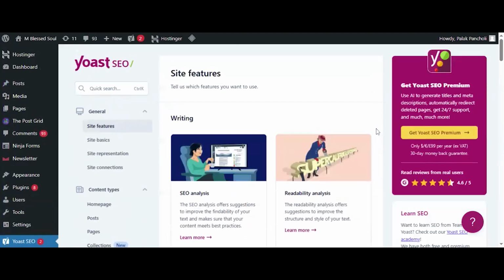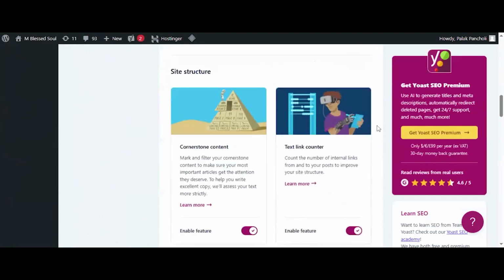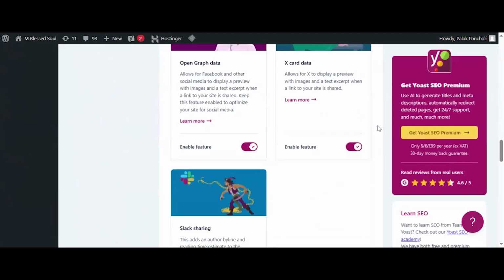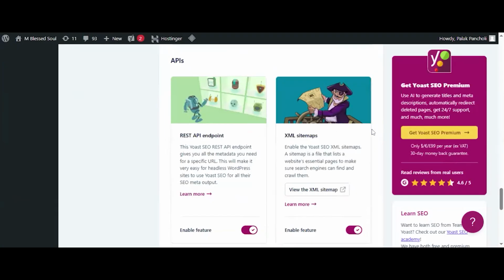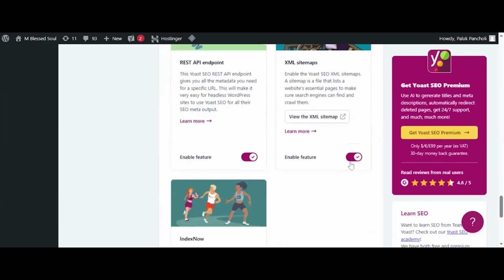In the settings, you have all these site features. In these site features, you will get a feature called sitemap. This is the XML sitemap. You have to enable this feature, and from here, if you click on view the XML sitemap,